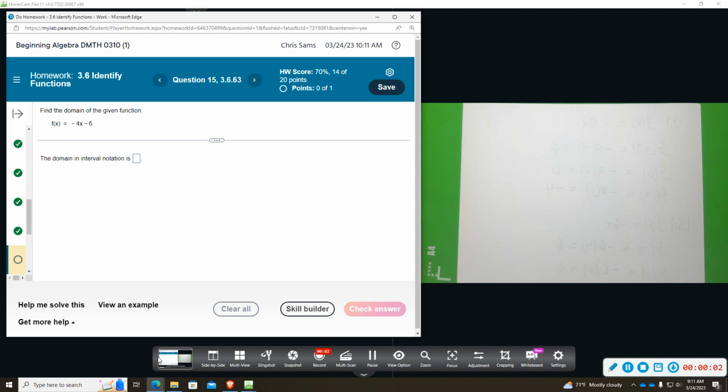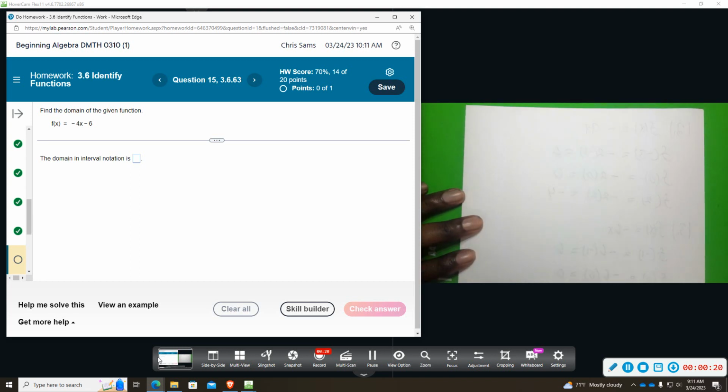All right, number 15, we want to know the domain of the function. So I haven't really spent time talking about how you find the domain when you have an equation. We talked about we can see it on the graph. When we have ordered pairs, we can list it. But now we have an equation. So without trying to give you too much of an information overload,